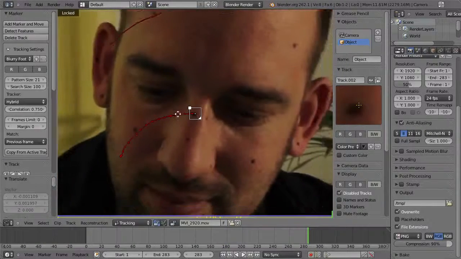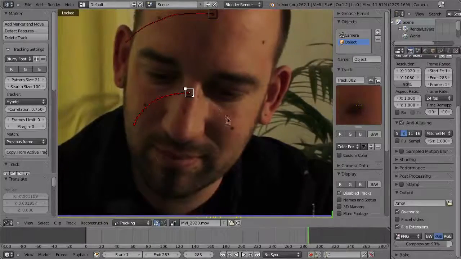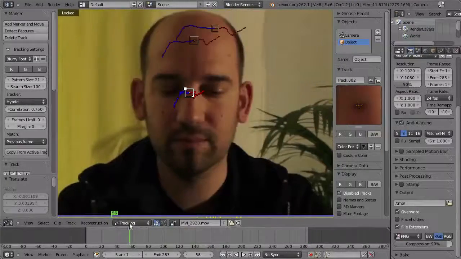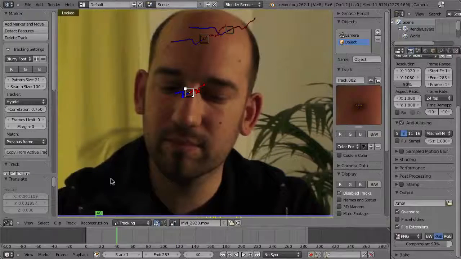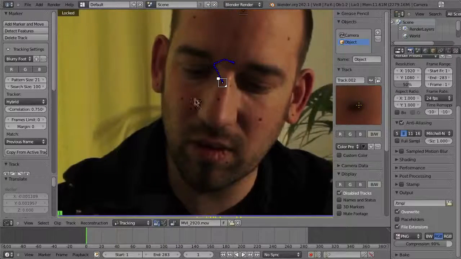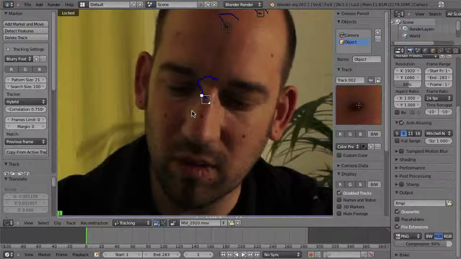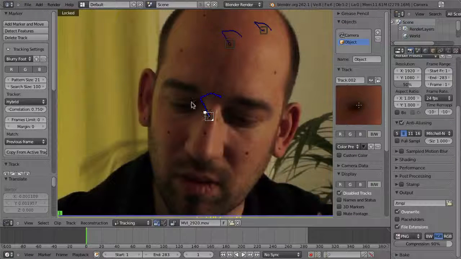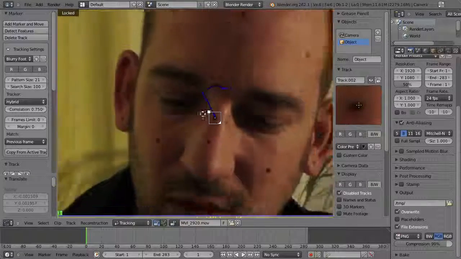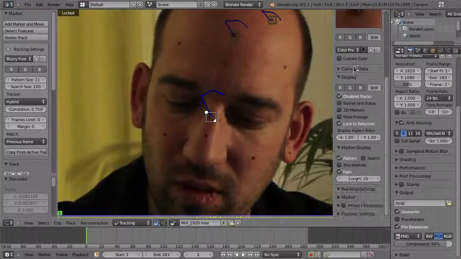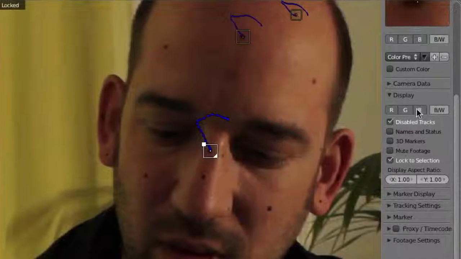All right. And well, now I will just continue on tracking, and at some point I will speed it up, not to bore you. But I want to show you one more thing, and that is that you can also limit the track to a certain color channel. Because as you can see, the lighting is mostly in the red and green area, so there is very little blue in this shot. And if you go to the display settings, then you can also set it to black and white, which in some cases also helps to better be able to identify the contrast,